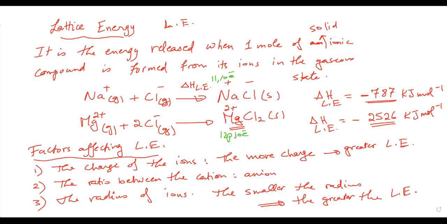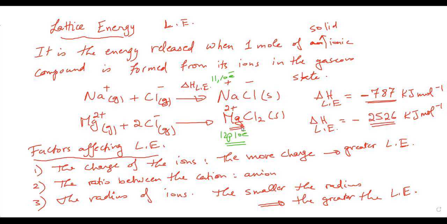So of course, whenever we have more nuclear charge, the ionic radius will be smaller. So the ionic radius of magnesium ion is smaller than the ionic radius of the sodium ion. The chloride, of course, is common, but since the magnesium ion radius is smaller, because the attraction force here, of course, between the protons and electrons is greater, so the greater also will be the lattice energy. Of course, the more the value of the lattice energy, the more it is negative. This means that